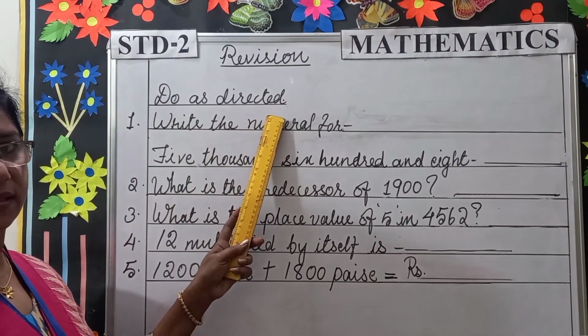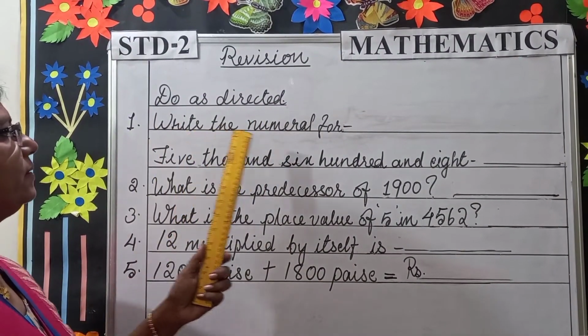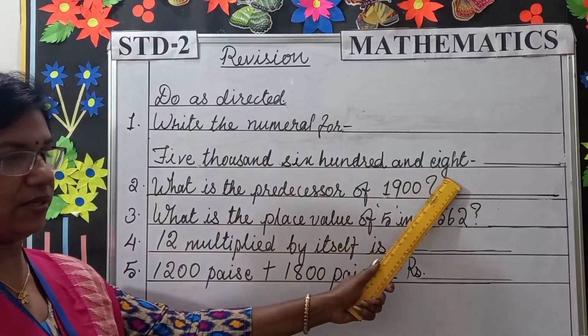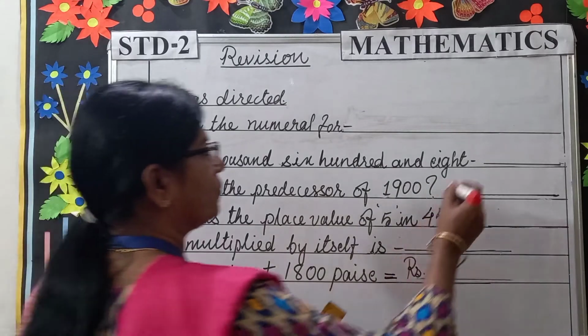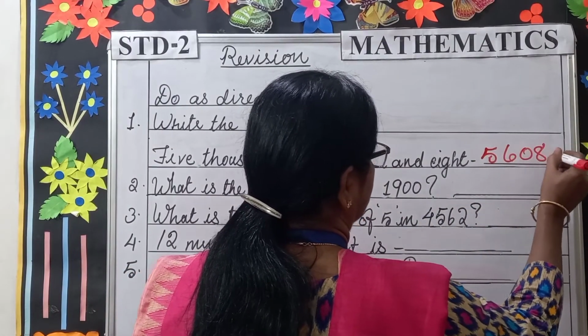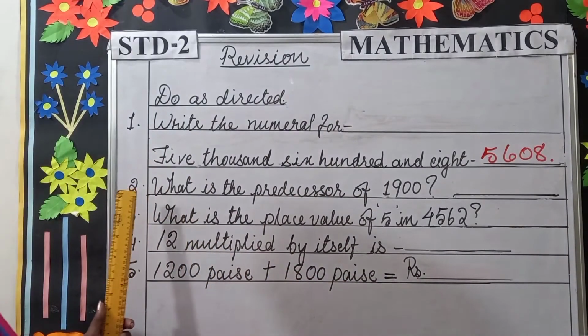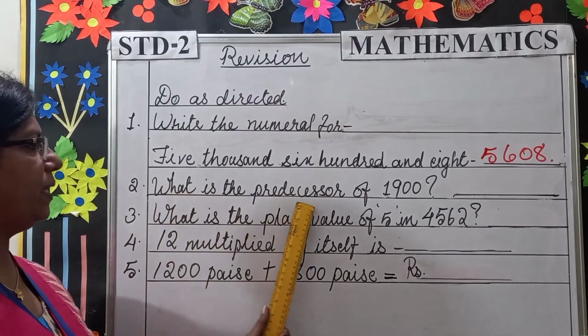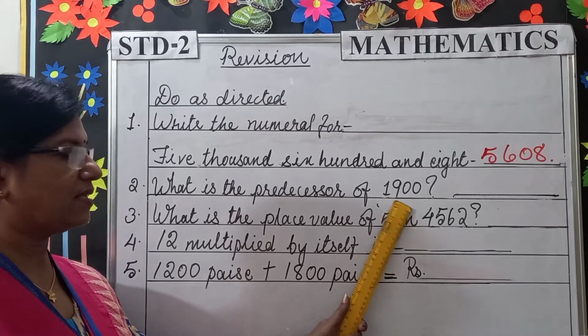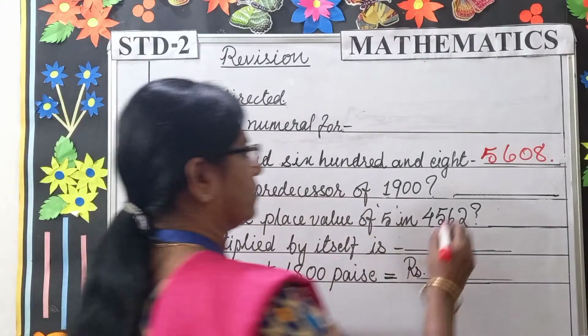Do as directed. Number 1. Write the numeral for 5608. Numeral for 5608. Question number 2. What is the predecessor of 1900? Predecessor means before number. So it will be